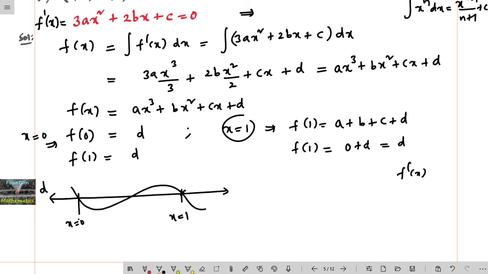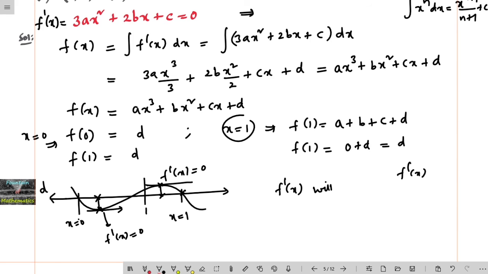Means at what point can the derivative be equal to 0? When the tangent is parallel to the x-axis, that is, a horizontal line. So these are the two horizontal lines which are parallel to the x-axis, where dy by dx is 0. Where are the points you are getting? Between 0 and 1 only, right? Here is one point, and here also one point, where dy by dx, that is f dash x, is equal to 0. Or it can be only one point, depending on the curve, no problem. Means at least between 0 and 1 we can say that f dash x